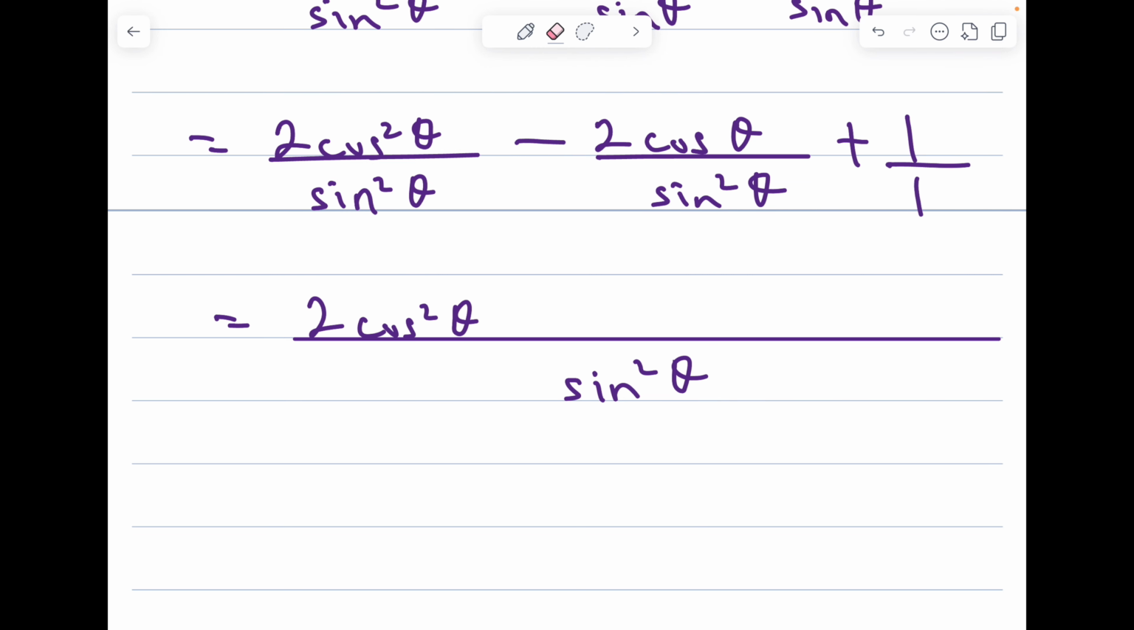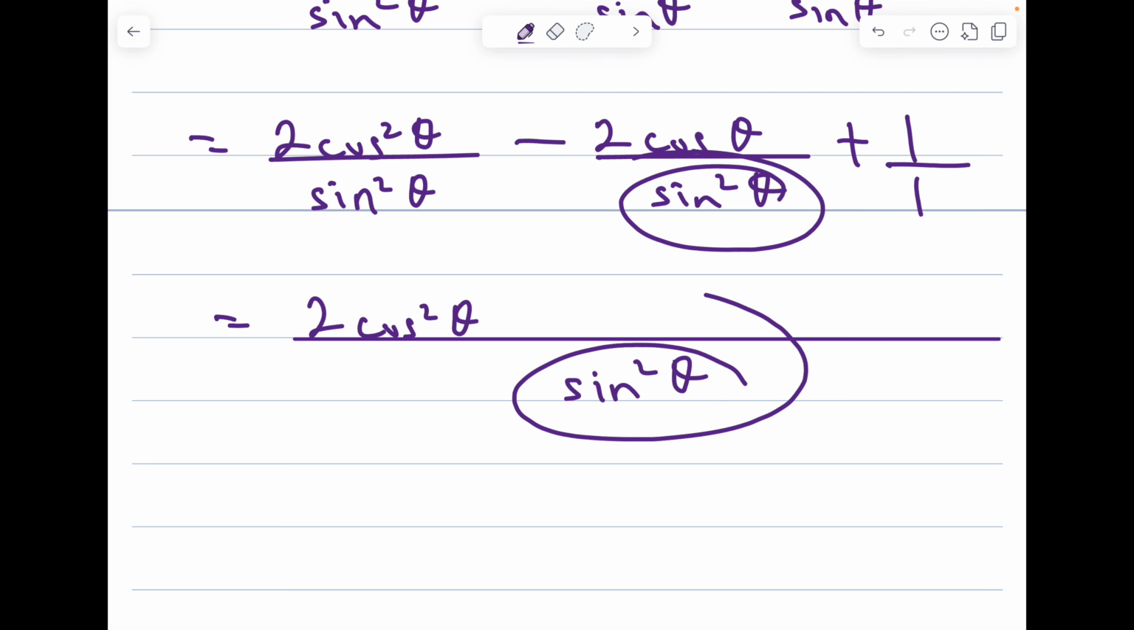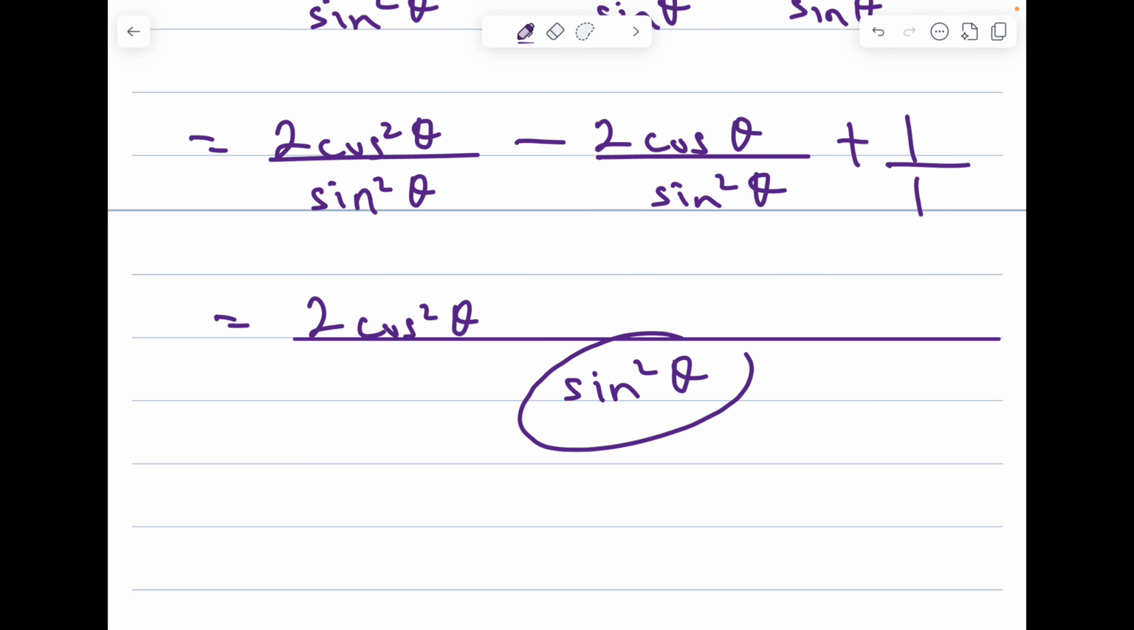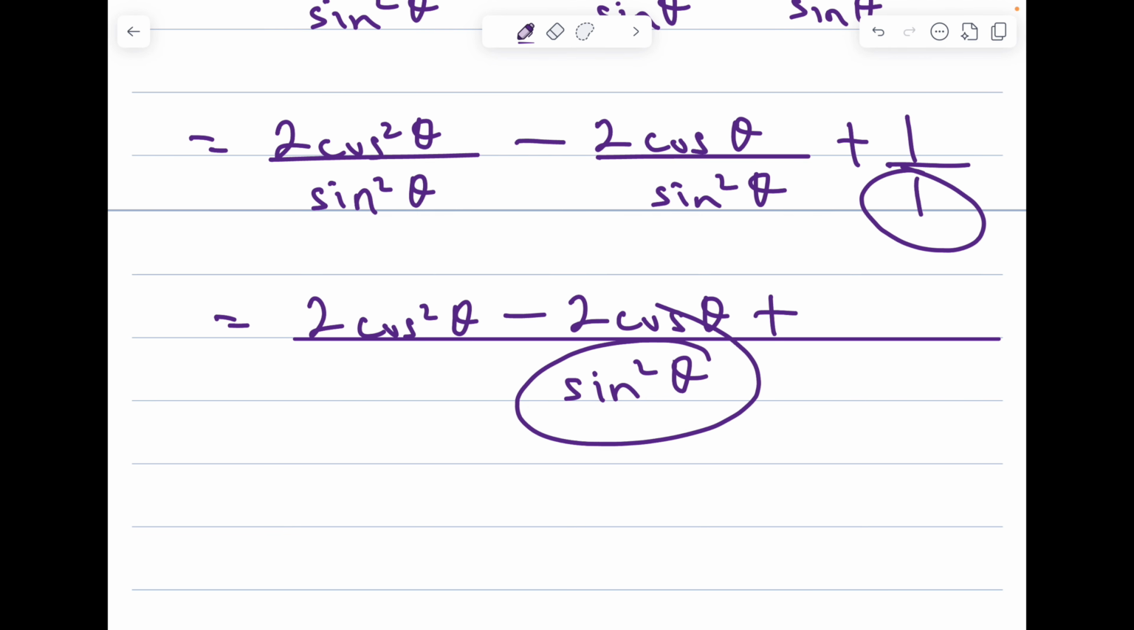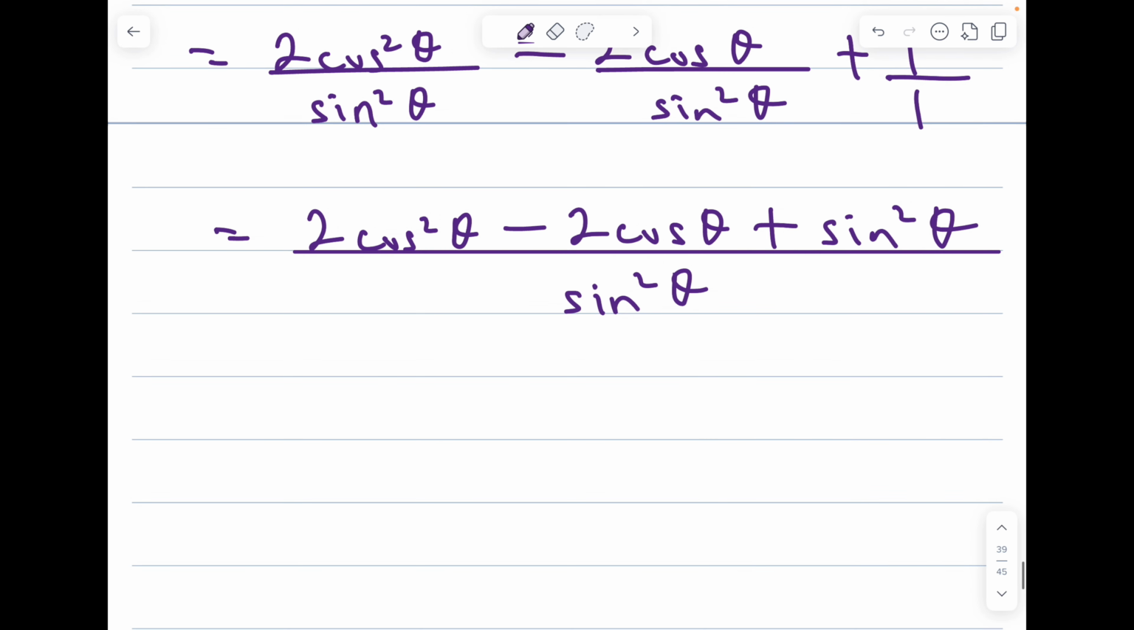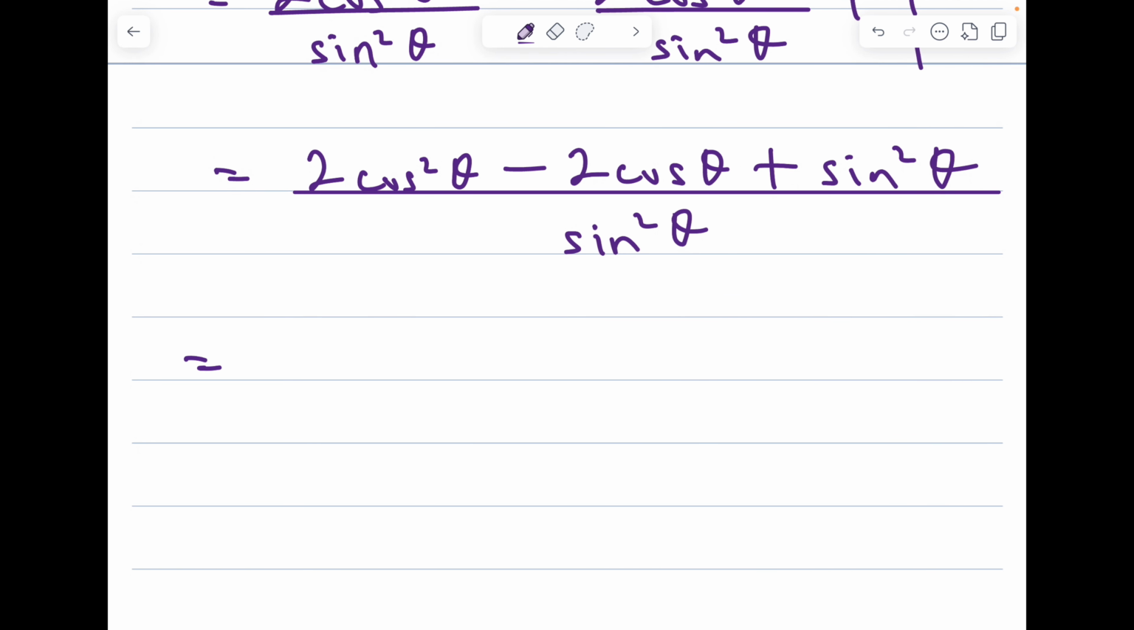The next one, sine square theta divided by sine square theta, that's also 1 times minus 2 cos theta. That's minus 2 cos theta plus, now sine square theta divided by 1, that's sine square theta times 1. That will be sine square theta. So plus sine square theta, and that's equal to 2